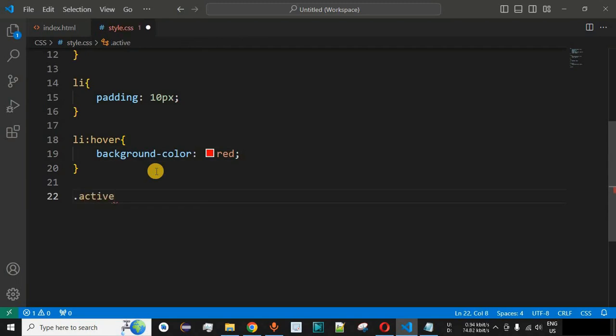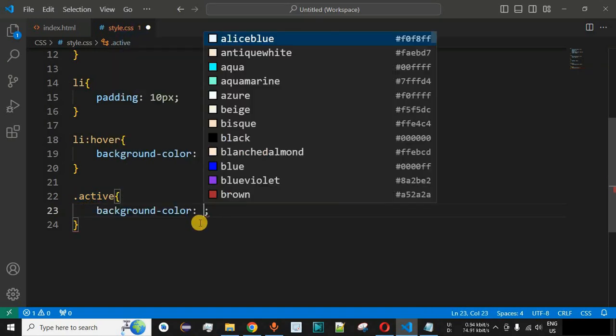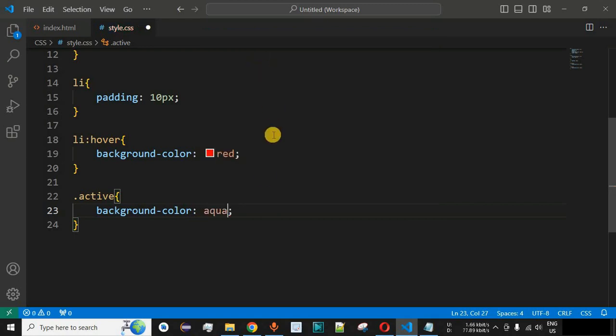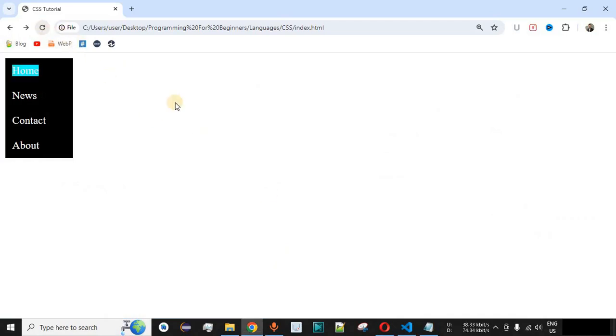and inside the style.css file, simply we are going to say the active class with the help of the dot character over here. We are going to define the background color. So guys, basically what we are saying is, the active link text should have the aqua background color over here, so that we can easily identify which of the pages is active right now. So guys, let me just save this file now and try reloading this page once again on the browser. So as you can see, we have the aqua color over here for the anchor text.